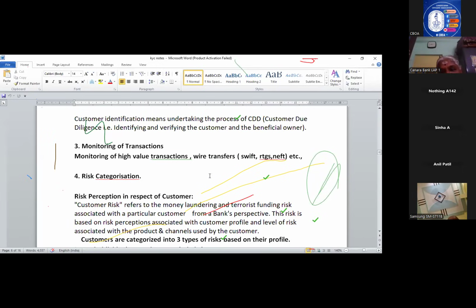Similarly, for high value transactions, a report is automatically generated and sent to the branch. It has to be verified, and the transactions have to be verified. Risk